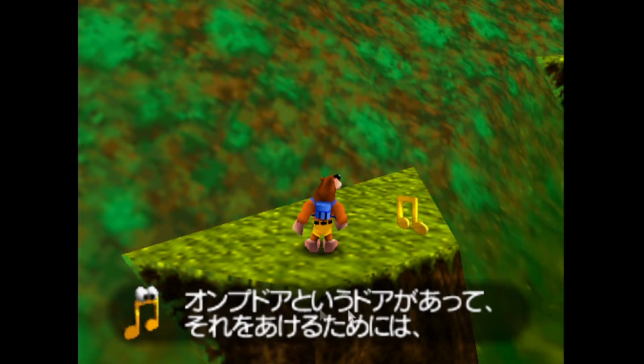Doors called onpu doors exist, or there are doors called onpu doors, or note doors, musical note doors, whatever the English is. And sore wo akeru tame ni wa, it's sort of like for or to the purpose of opening those, basically.